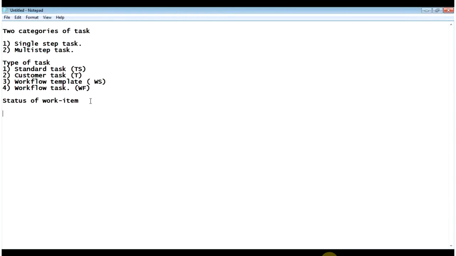It is client specific, like when we make a mandate in the table, it becomes client dependent. That's the reason we don't recommend customer tasks, because there is always a need to transport the tasks to other systems. That's why we always recommend making the standard task.